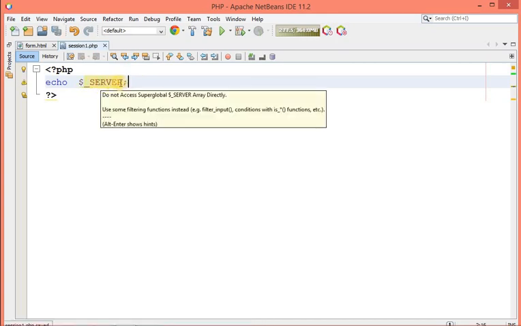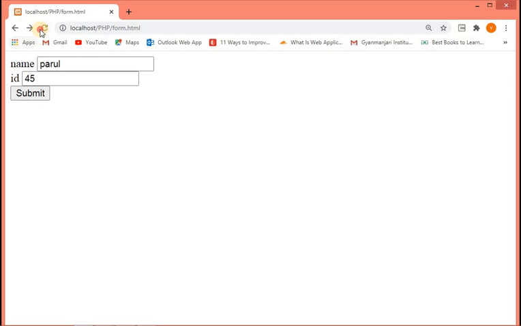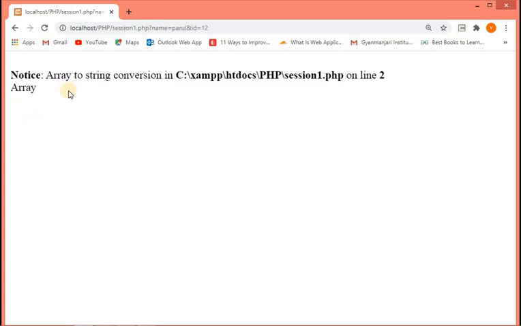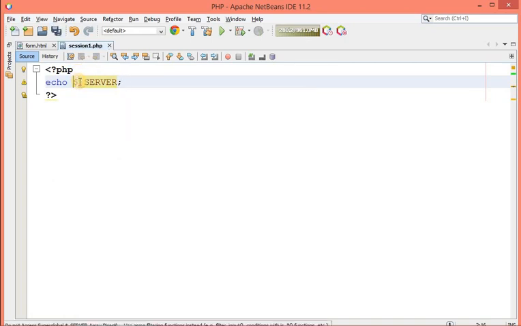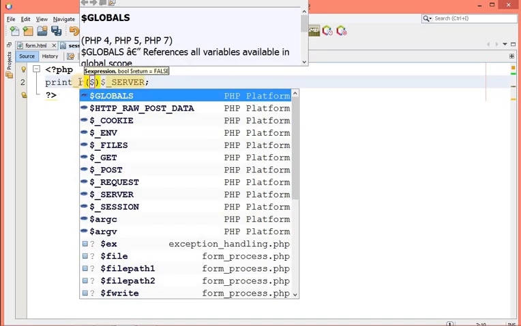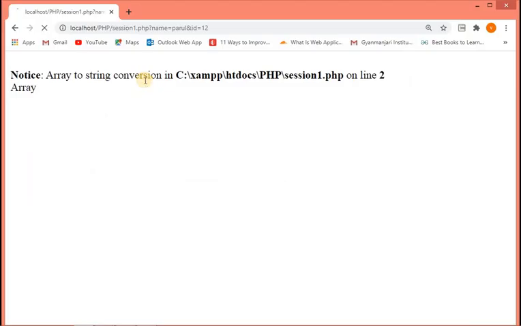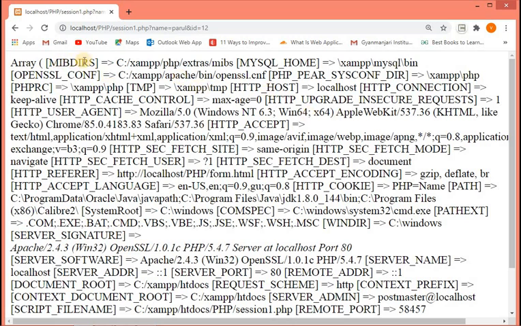Save this. Okay, this one is my form. Let's say parallel ID is 12 and submit. Okay, this is actually, as I have told you, print_r of $_SERVER. This is the way how you can access this array. Refresh and you can see all these are the key value pairs of this server